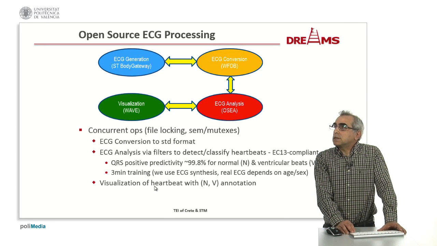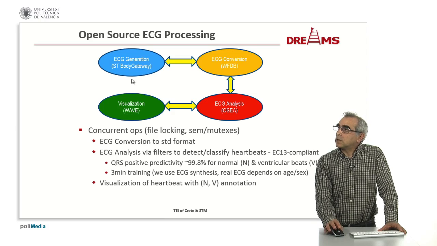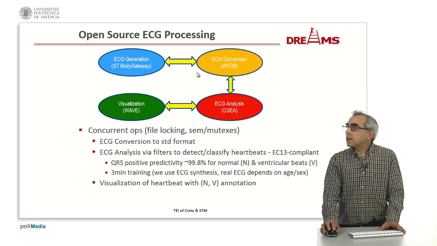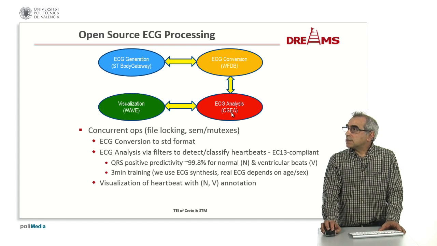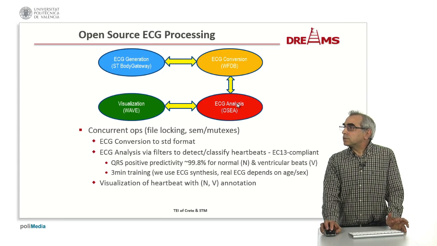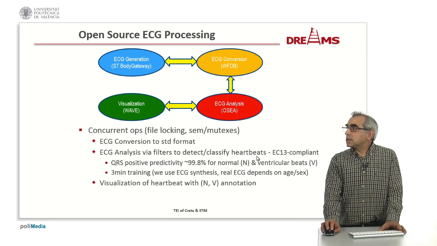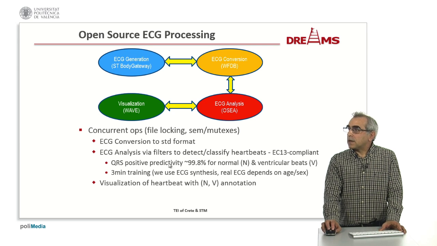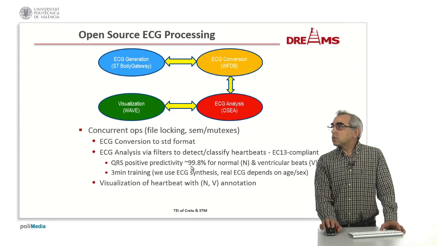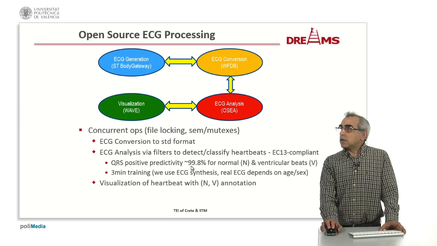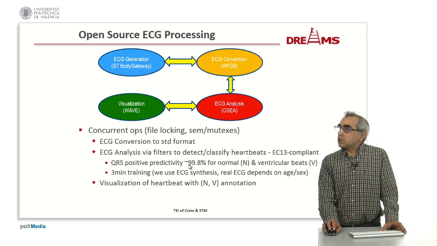The ECG processing is based, as we said, first on the ST Body Gateway and the driver, then on a conversion to a standard format, then on ECG analysis of this particular standard format, which uses a sample rate of 200, for example, and this analysis is really EC13 compliant and tries to detect and also classify different heartbeats. We focus, as we said, on the QRS complex, and based on previous studies with actual annotations from doctors, we have seen that